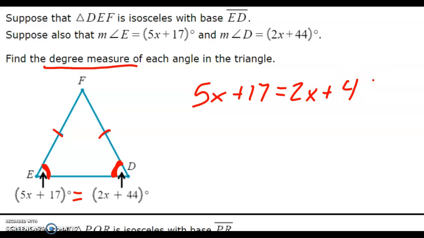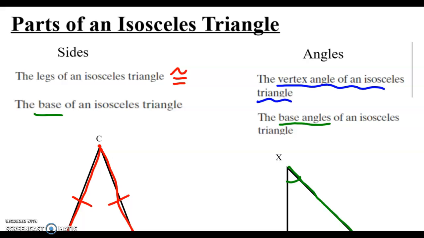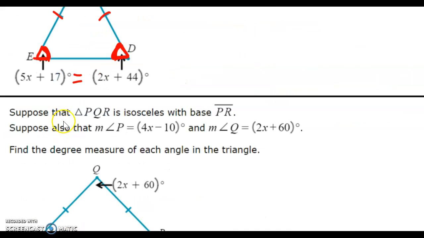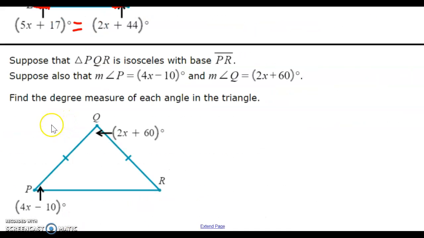plus 44. Again, to save time, I'm not going to finish that, but you would go ahead and solve for x and make sure you're answering the question that they asked. Find the degree measure. Once you have x, you plug it in to find these two angles, and whatever's left over will be that vertex angle. Okay? Sorry. And then going down to the other type of problem that you're going to see here, very similar,